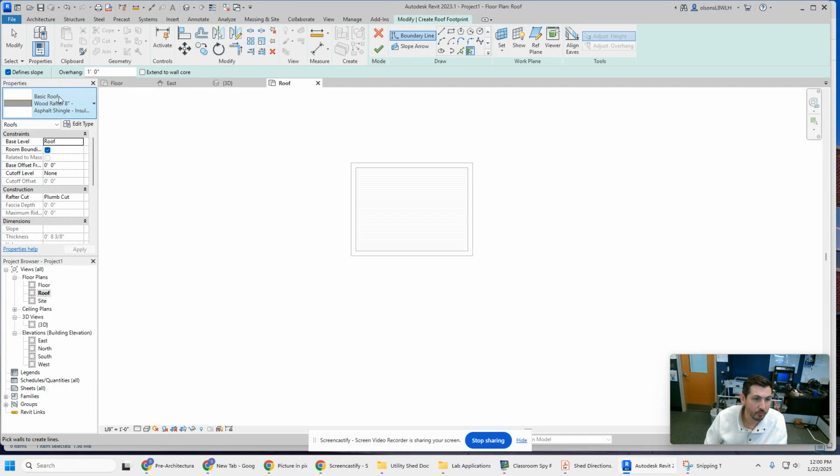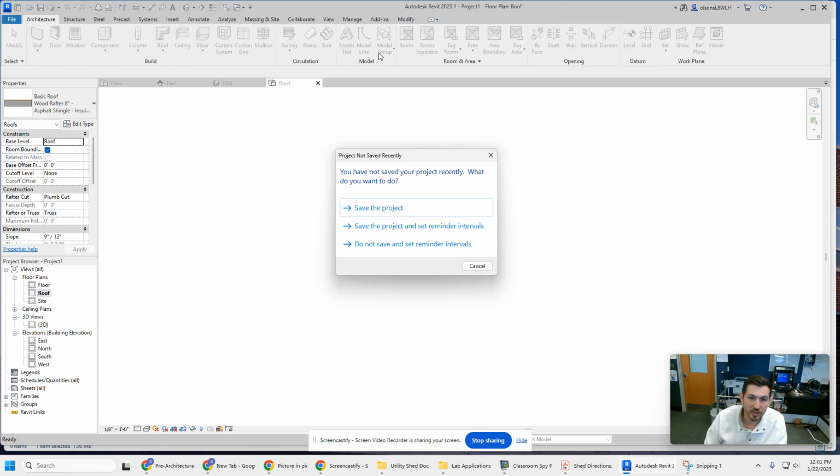Once you select that, we can then start clicking on the walls that we want to create the roof off of. Okay, so if I go ahead and start clicking, we're making sure we're on the outside because that's where the overhang is going. And you're going to see this little triangle that appears as I'm going around and clicking. That means that each of these walls is defining that slope. Okay, and so what that means is, if I hit the check mark here,